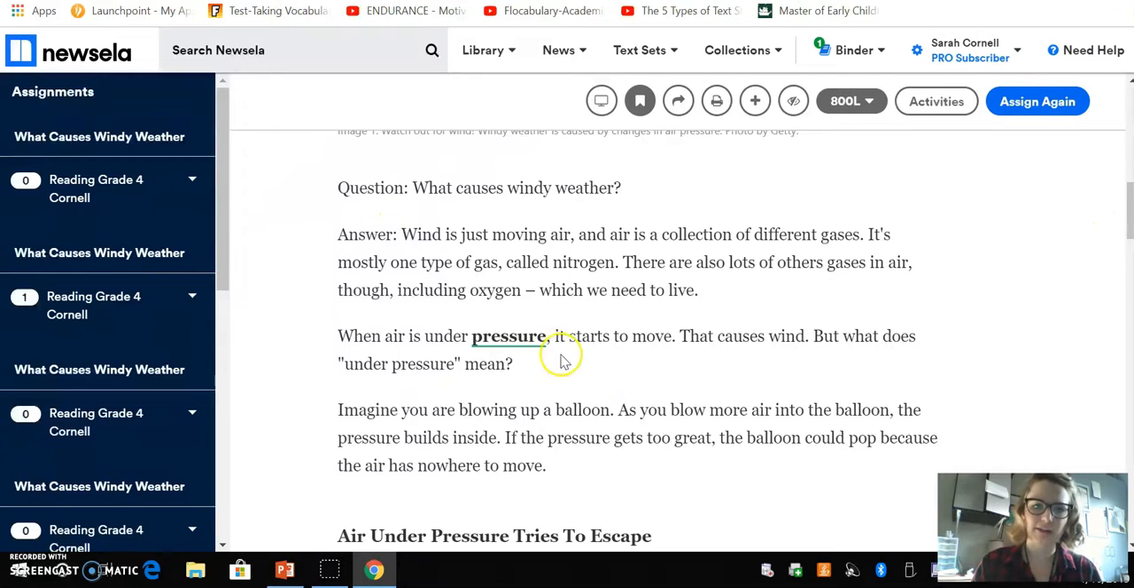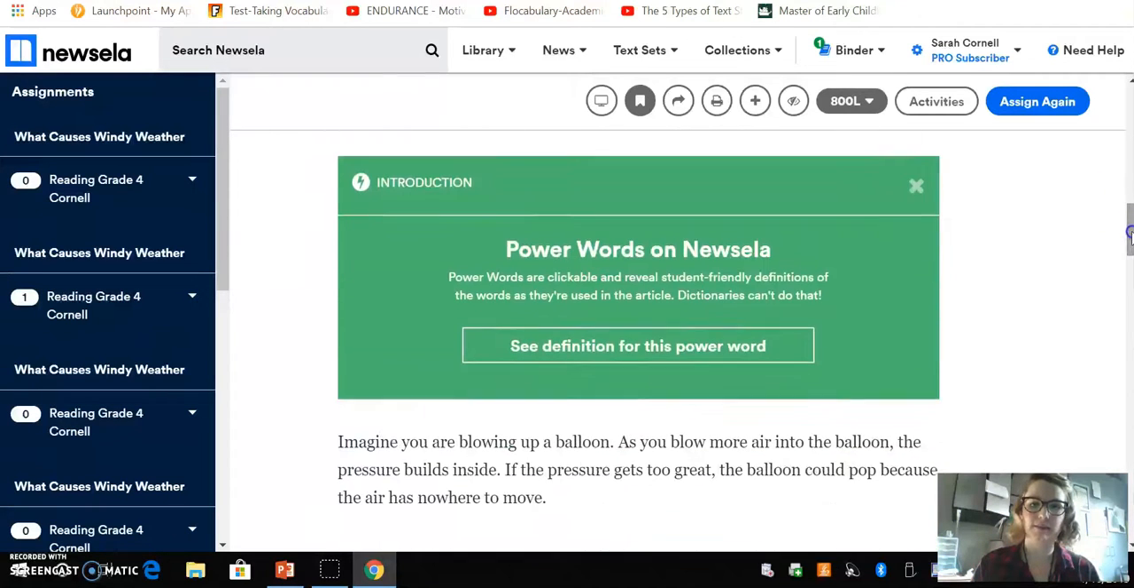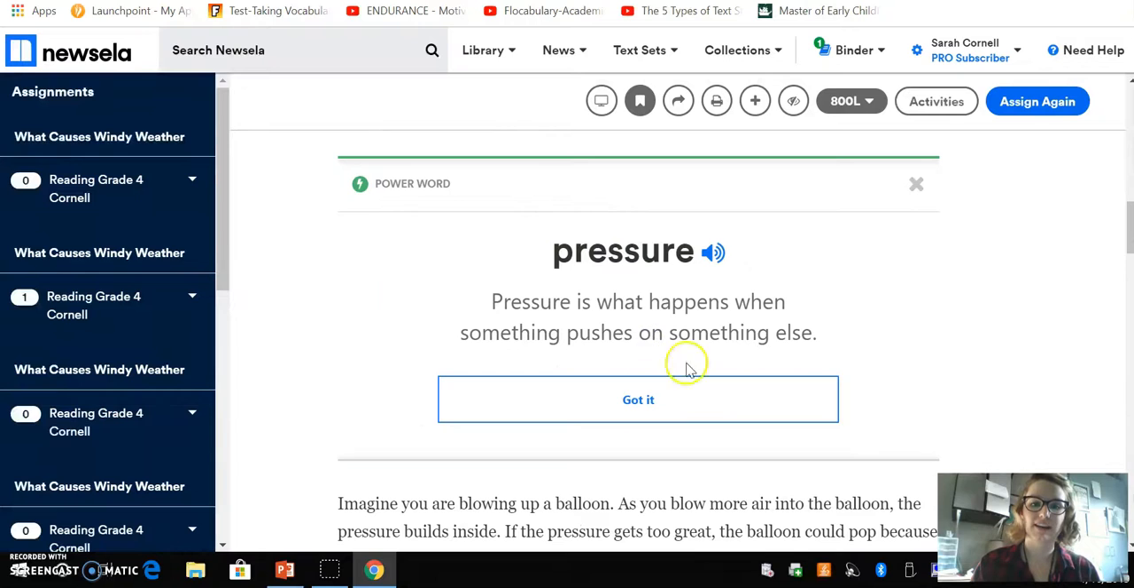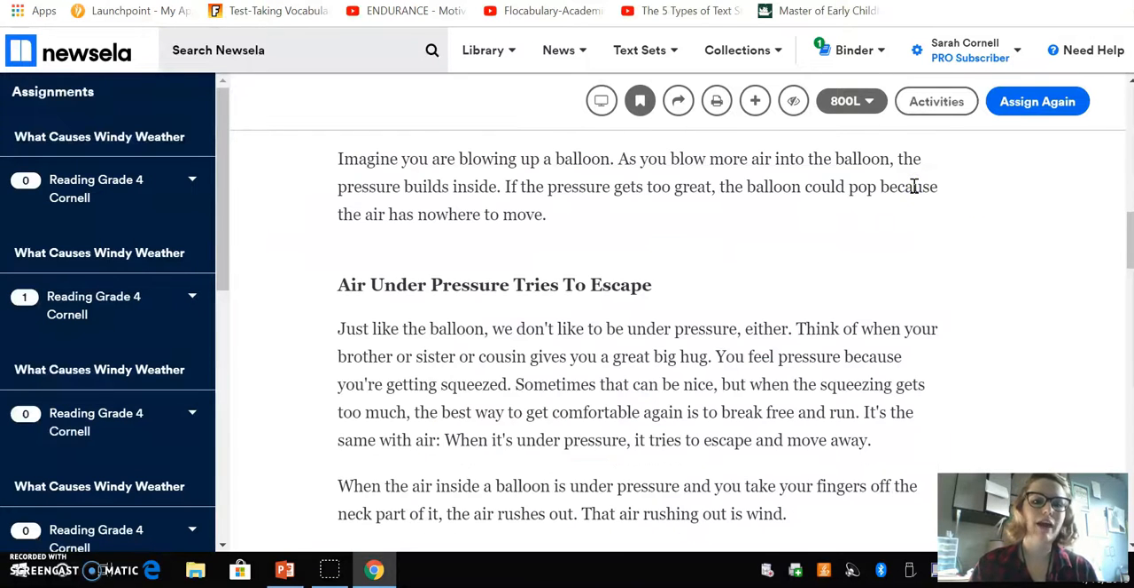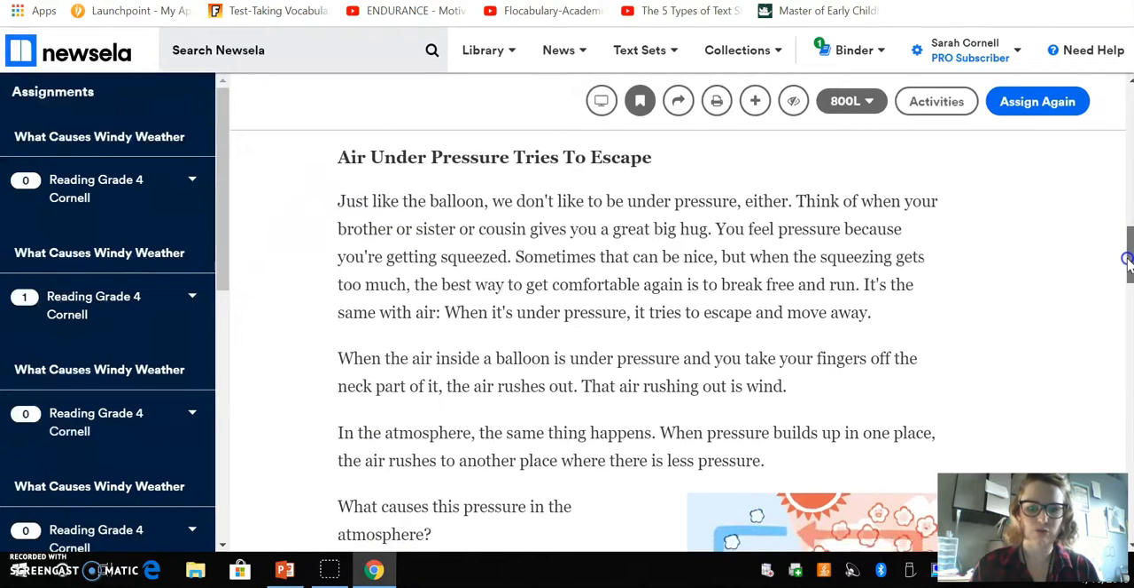So, as I read through, I do see that there's some vocabulary words. That's wonderful because it's going to give me some information if I need it. So it's going to tell me that pressure is what happens when something is being pushed on something else. So that might not be a word that I necessarily need to record in my journal, but as I continued through,